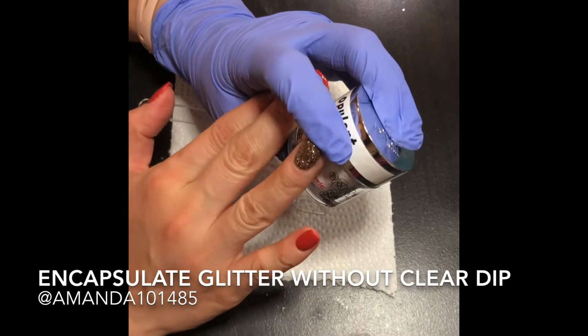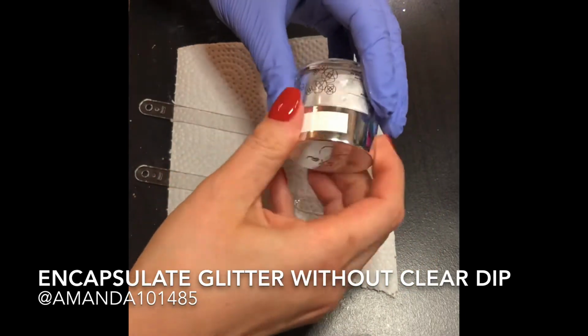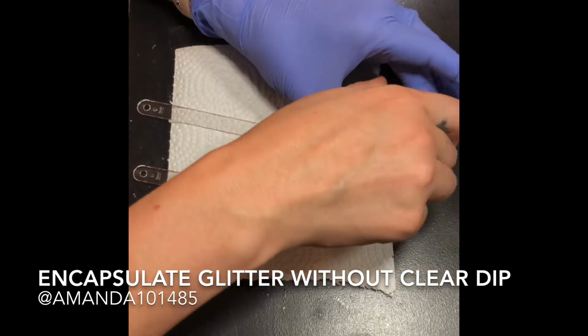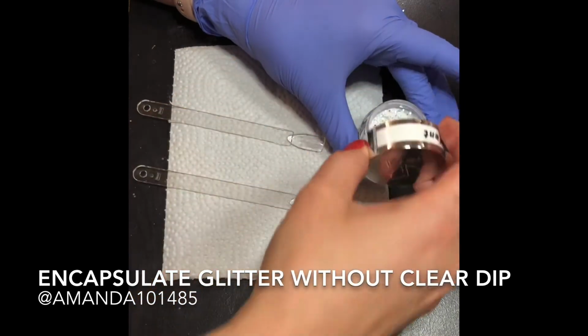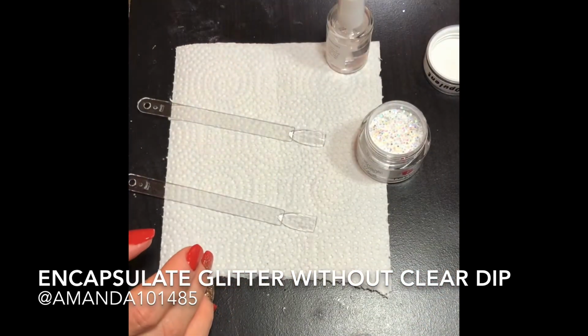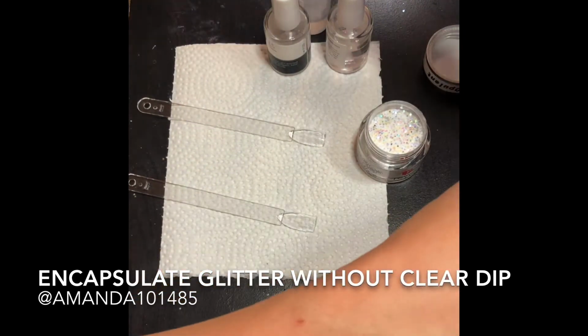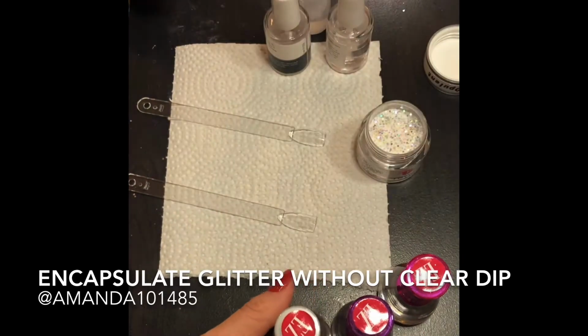My Prosecco, I did the same way today. I did not use any clear dip, so I'm going to roll my Opulent, mix that up. And what I'm going to be showing you, I actually learned from Dipalicious. And I'm going to show you using Dipalicious and Revel liquid so you can see that you can do this